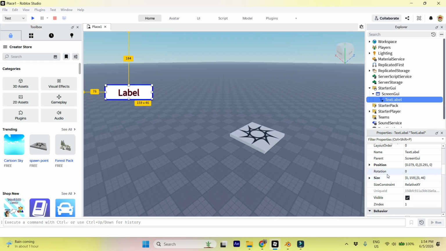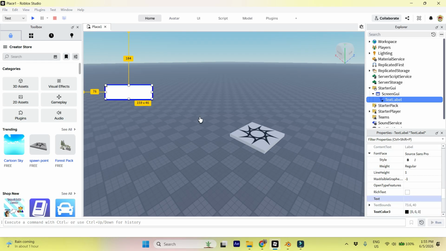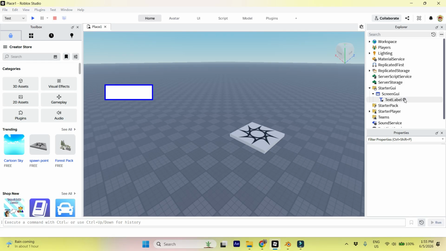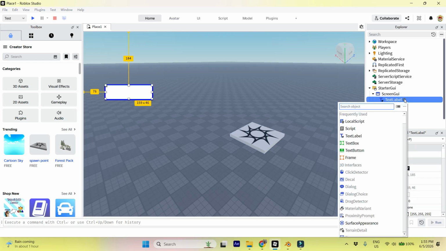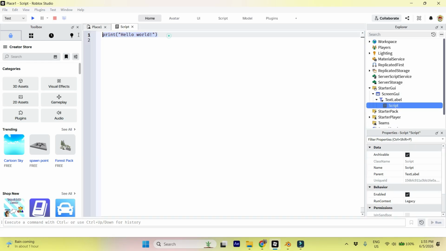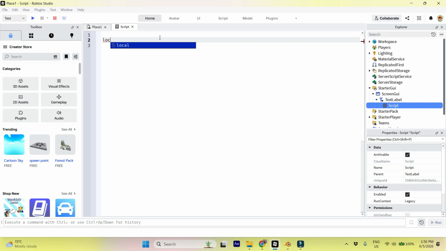And I will remove our text now. And now I will add a script to our text label. Instead of printing hello world, I want to have our timer from something like 30 seconds, for example, to 0. Okay, and to make it easier, at the very beginning I will add some local variable text label